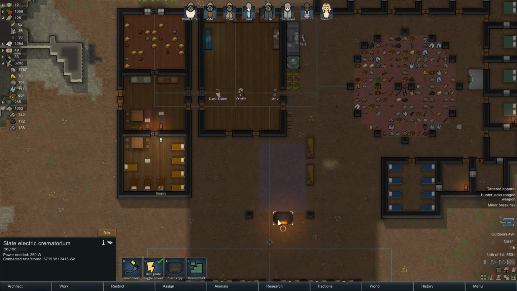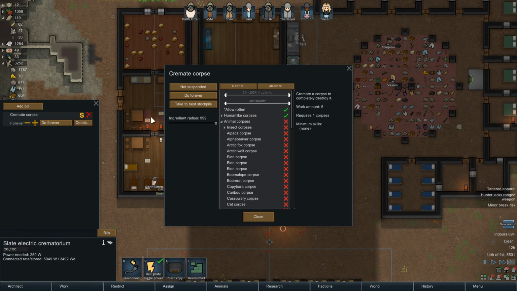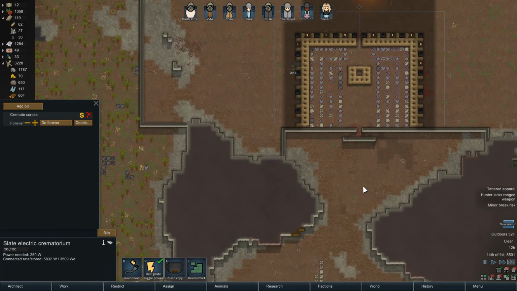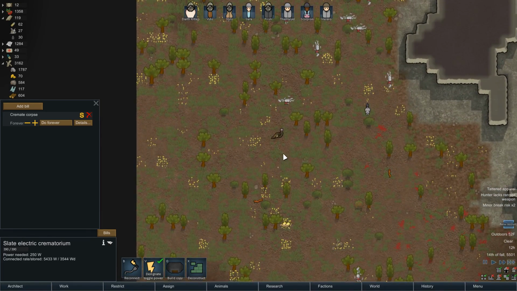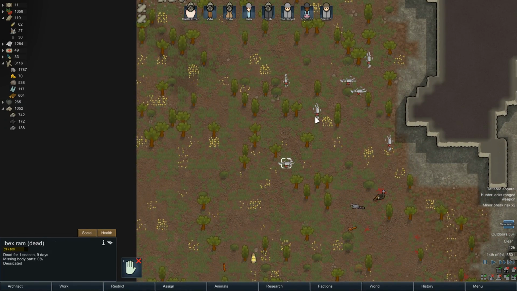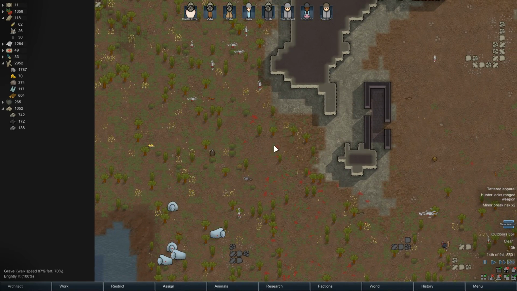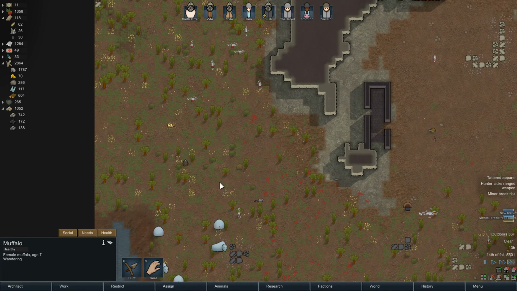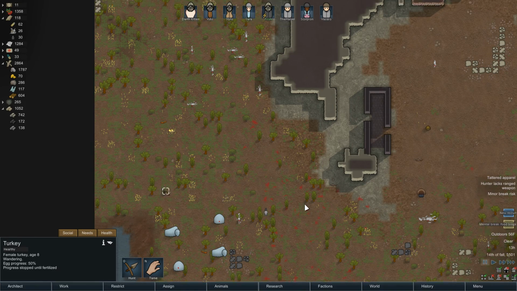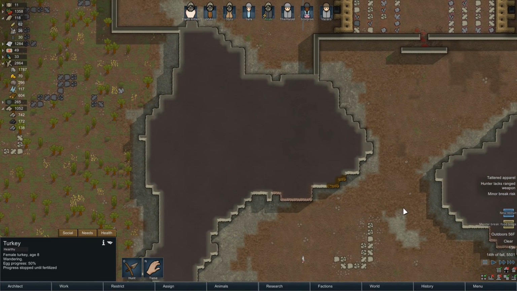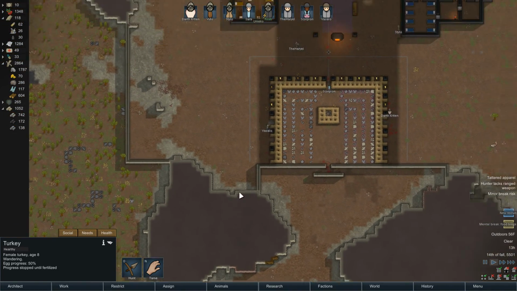Yeah, I wish there was a little check mark, at least for the cremator, that says "only rotten" instead of "allow rotten." I know you can do stuff with quality and hit points, but that doesn't really help, because sometimes an animal you just killed can have a low amount of hit points left. They might lose parts due to getting shot, or they might get nibbled on by another animal before you can cremate them.